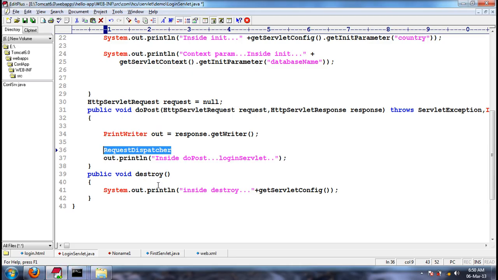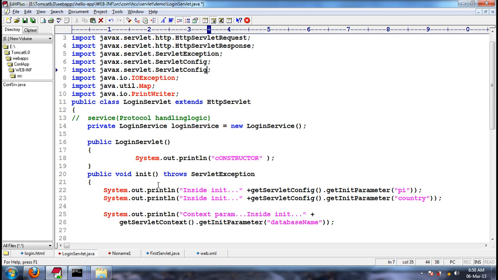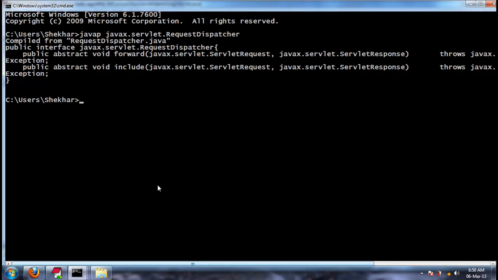Request dispatcher exists in the javax.servlet package. Request dispatcher is not specific to any protocol. It is a generic concept. In any protocol, we can achieve a request dispatching mechanism. So, it is there in the javax.servlet package. I have imported that. Okay, request dot get request dispatcher,